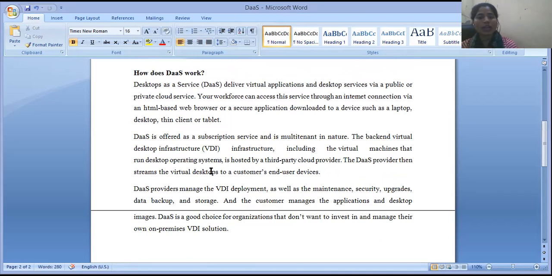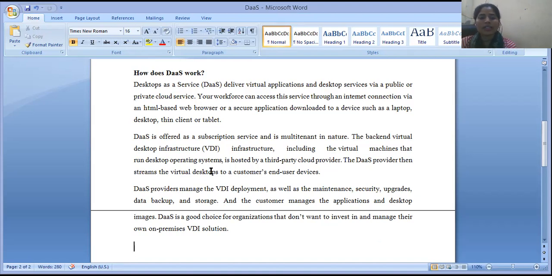Your workforce can access this service through an internet connection using HTML-based web browsers, whatever browsers you are using, or applications based on HTML web browsers, and a secured application downloaded to that particular device, such as a laptop, desktop, thin client or tablet.